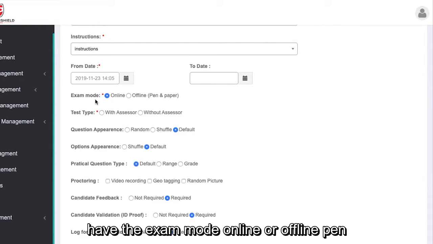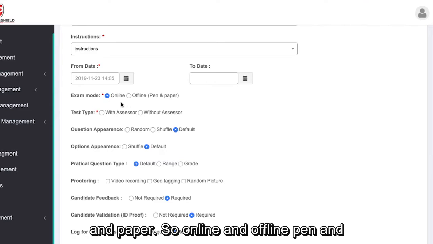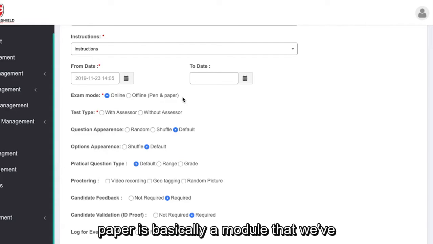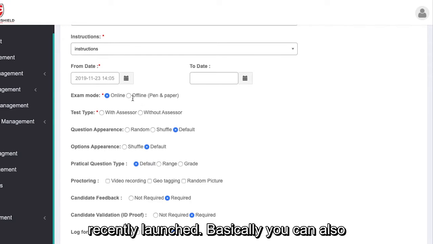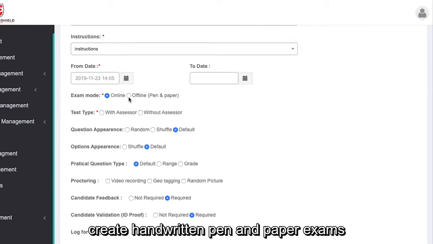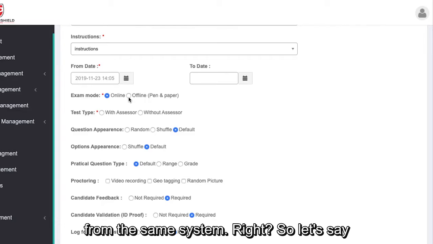You have the exam mode, online or offline pen and paper. Online and offline pen and paper is basically a module that we've recently launched, where you can also create handwritten pen and paper exams from the same system.